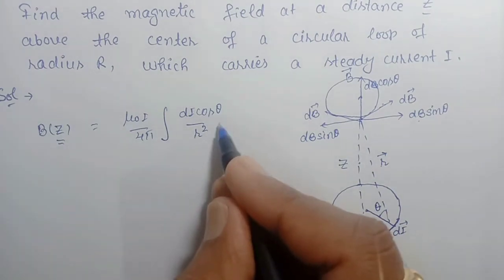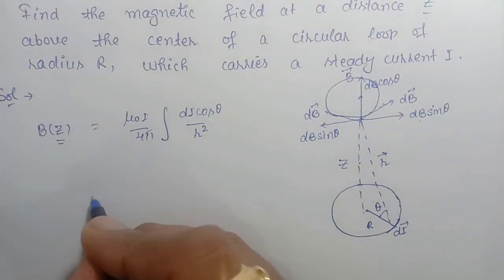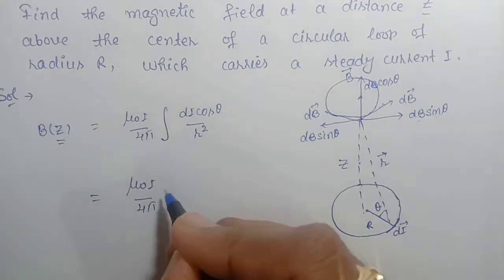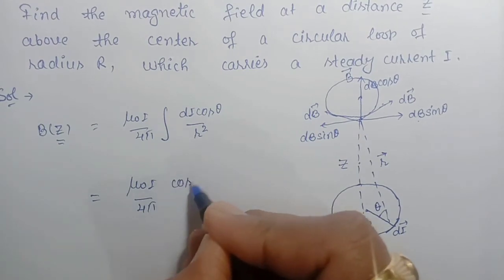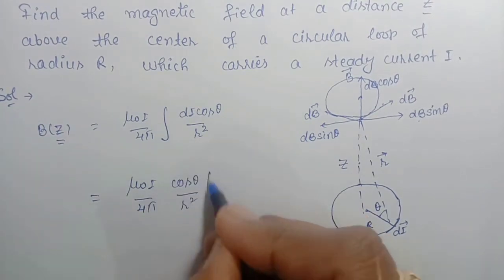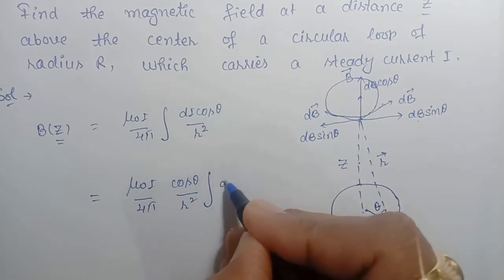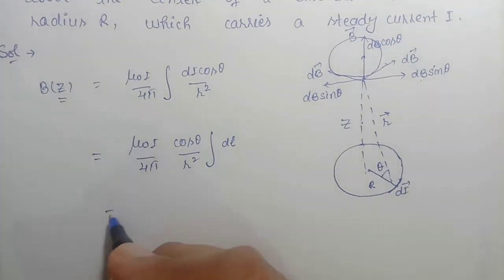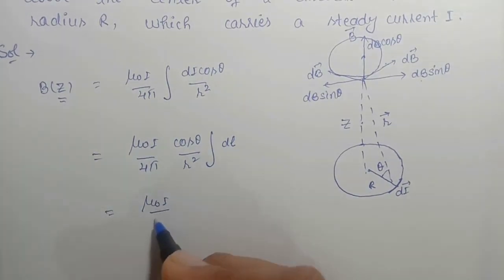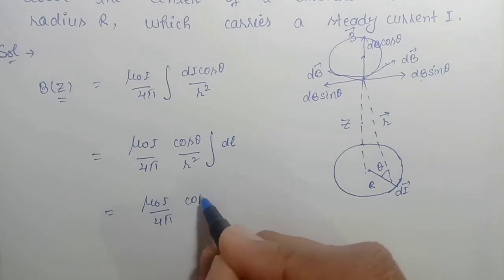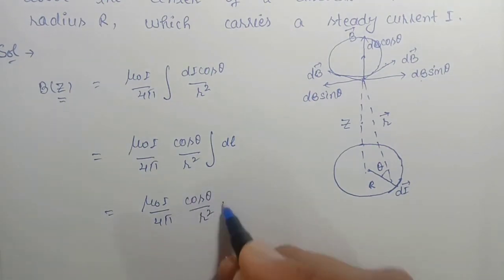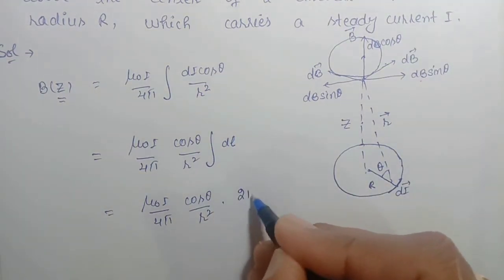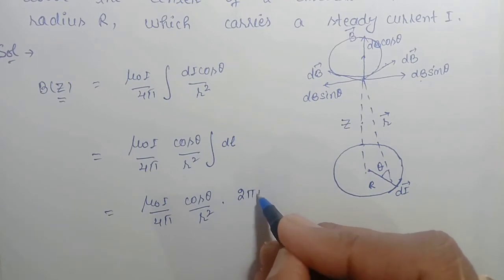Here cos theta and r square are constant, so we can write mu naught I over 4 pi, cos theta over r square, integral of dl, because dI and dl are interchangeable. If we integrate around this circle, we get 2 pi r. Okay,